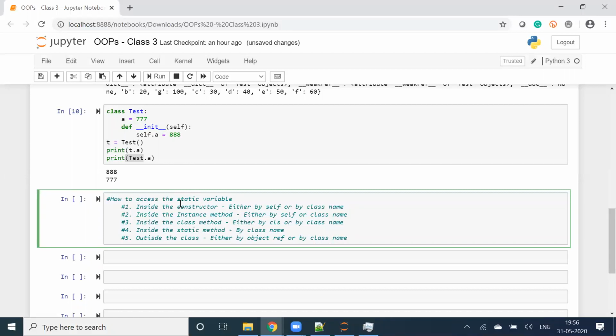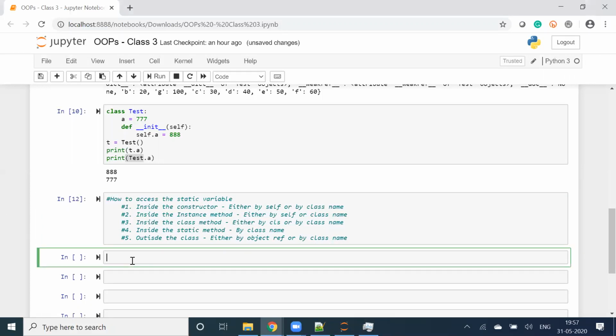These are the different ways we access the static variables. Now let's play around with these things and try to get an understanding of this in detail. Now let me create a program, a small scenario test.